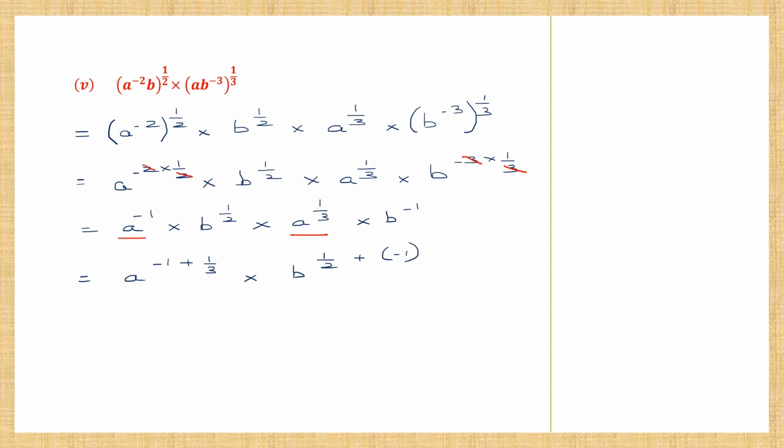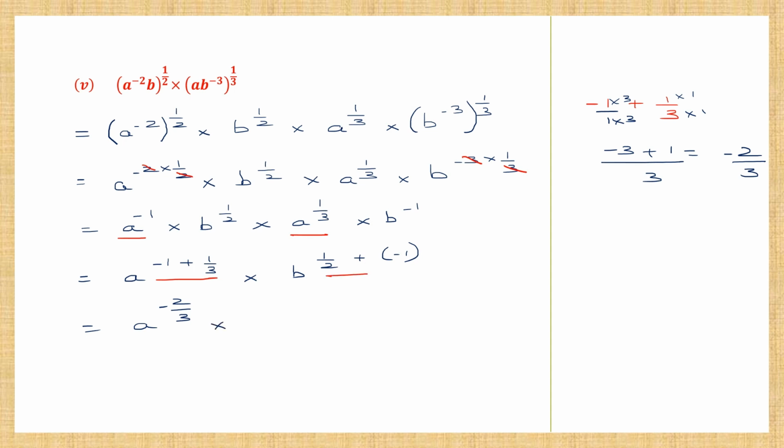So now this addition, minus 1 plus 1 by 3, let's do it here. So minus 1 plus 1 by 3. This is addition of fractions, so the LCM is 3. So 1 into 3, so this also minus 1 into 3 is minus 3, plus 3 into 1 and 1 into 1 is 1. So now this will be minus 3 plus 1, which is minus 2 by 3. So this becomes a to the power of minus 2 by 3 into,